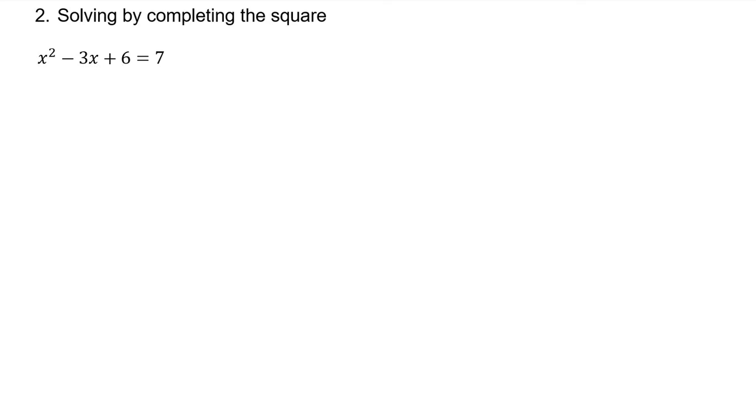The second technique involves solving by completing the square. So to complete the square, the easiest way to do that, I believe, is to get it in this form. So we've got ax squared plus bx equal to a constant, and then we make this the perfect square. So to do that, I'm going to begin by subtracting 3x from both sides, 6 from both sides, giving me x squared take 3x equals 1. This is what I'm now going to make a perfect square, and to do that, I'm going to add half of the b value,